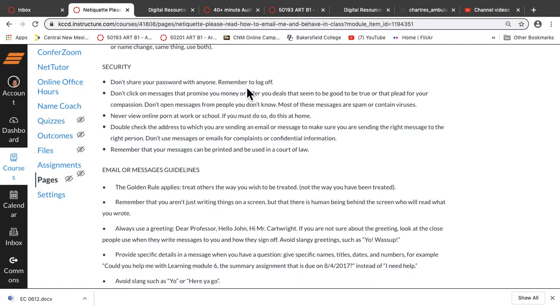Security, this is an issue that happens. A lot of times students are studying with a friend and they did not log off, and then the friend or family member put in the essay in the wrong place, meaning that person wasn't logged off and they submitted work for another person. This is really dangerous.